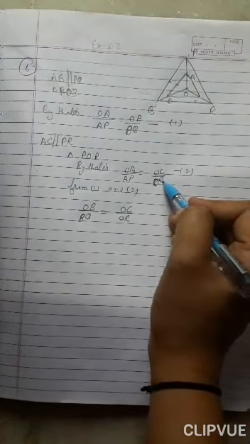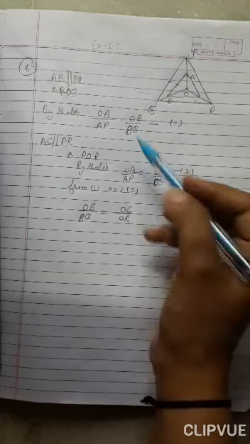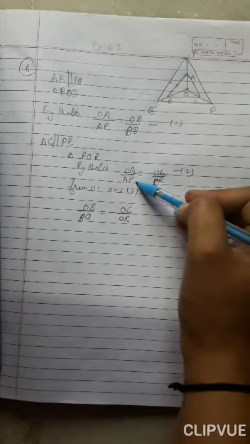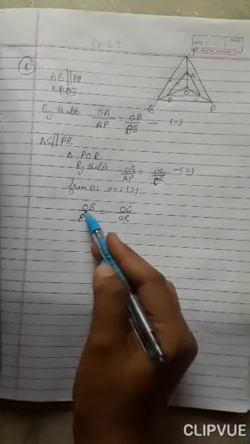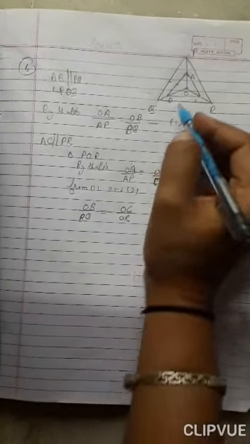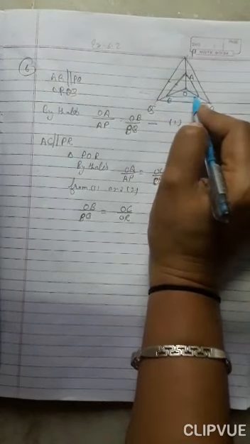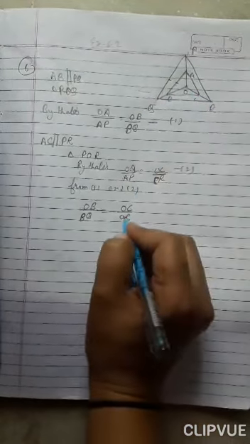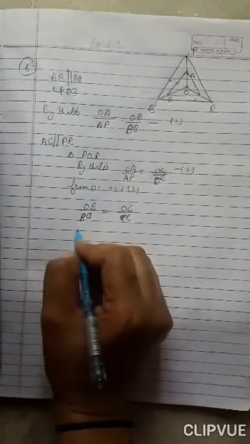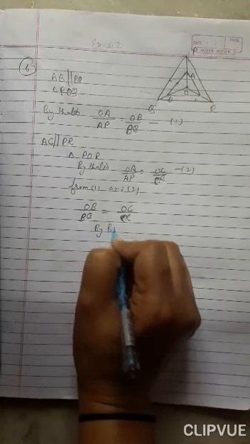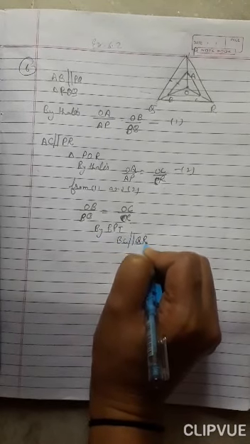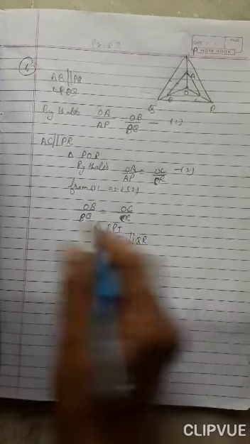Okay. Now we have to compare these two statements. OA upon AP is the same in both, so these are both equal. So it means OB over BQ equals OC over CR. Let's check in the diagram: OB over BQ, OC over CR. So it's right. It satisfies Thales theorem. So by the converse of BPT, we can say BC parallel to QR, and this is what we had to prove.